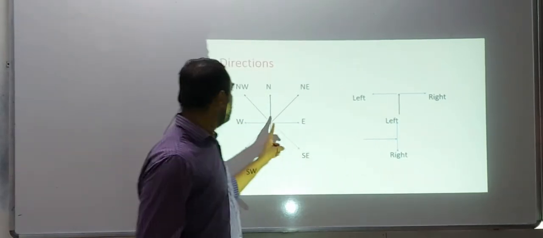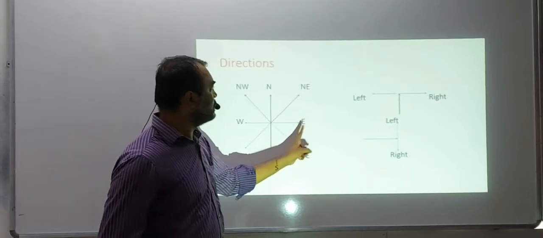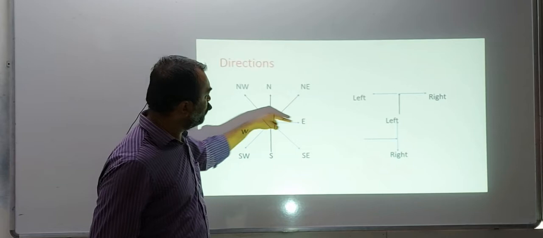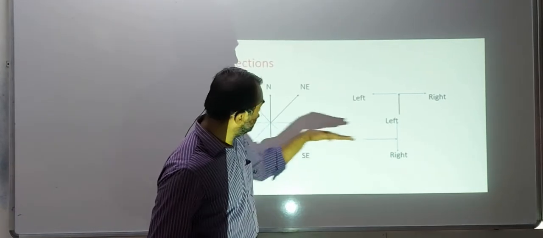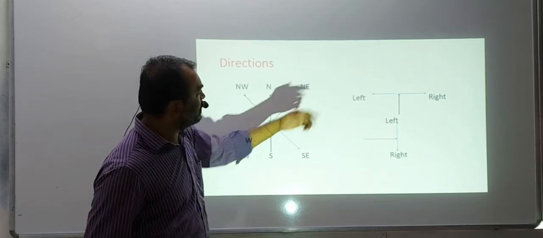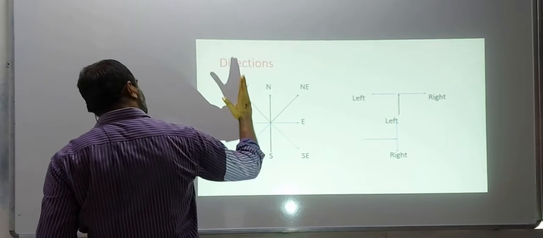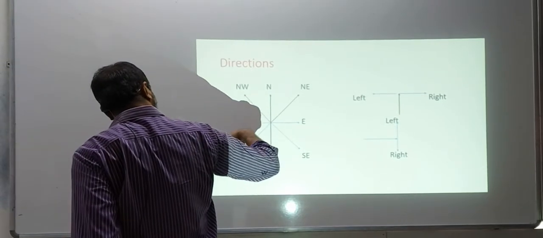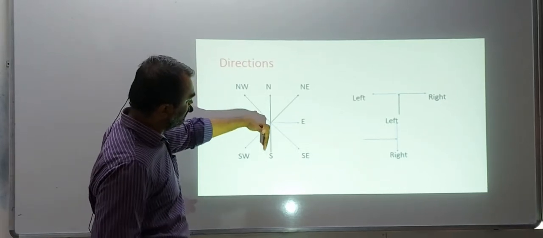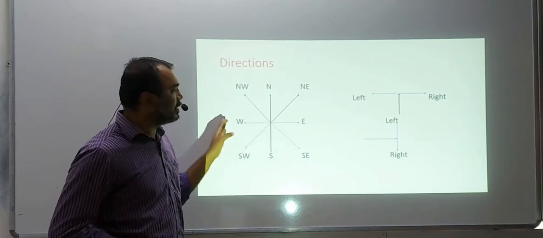If you are moving towards the north, the east is your right, and the west lies to your left. But if you are moving in the east direction, then the south is on the right, while the north is on the left. If you move in the west direction, the north is to your right, and the left is to your south. And if you are moving in the south direction, downwards, then the left is on the east and the right is on the west.